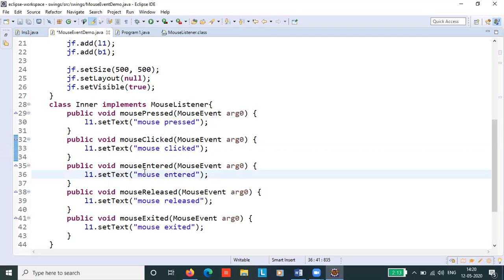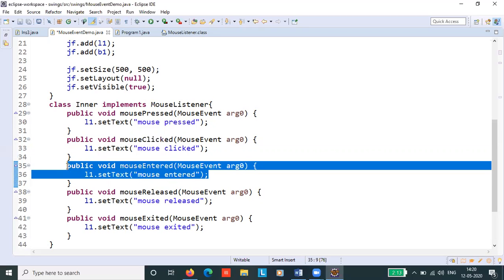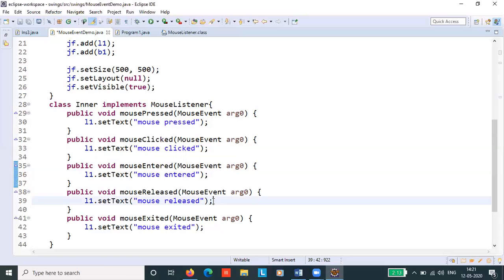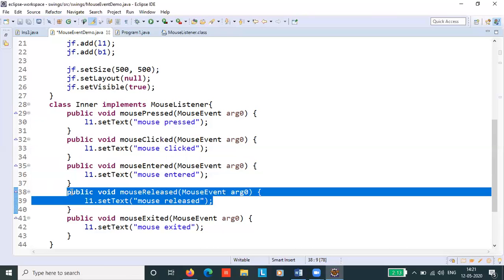The next method is mouse entered. Here also we are passing the mouse event as an argument. The next method is mouse released. When we take the mouse out of our frame, this message will be displayed.